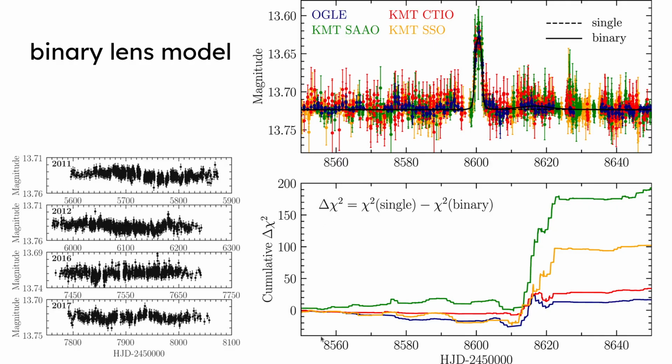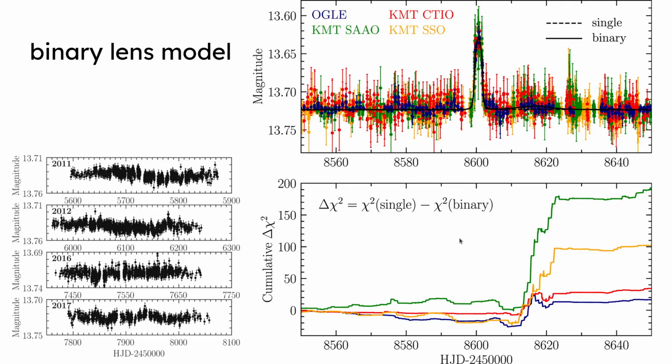And when they compare the chi squared of single minus binary, around this bump there is a much better fit by the binary than by the single lens model. So at first it started looking like a binary might describe it better. But then